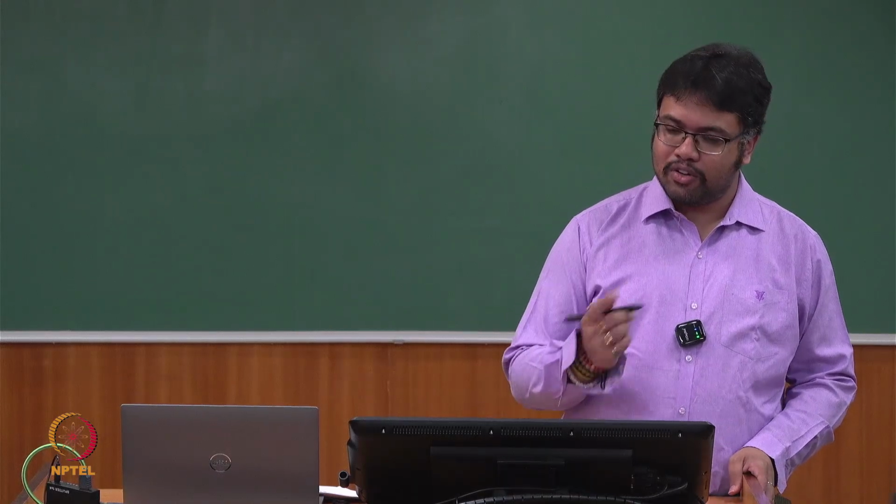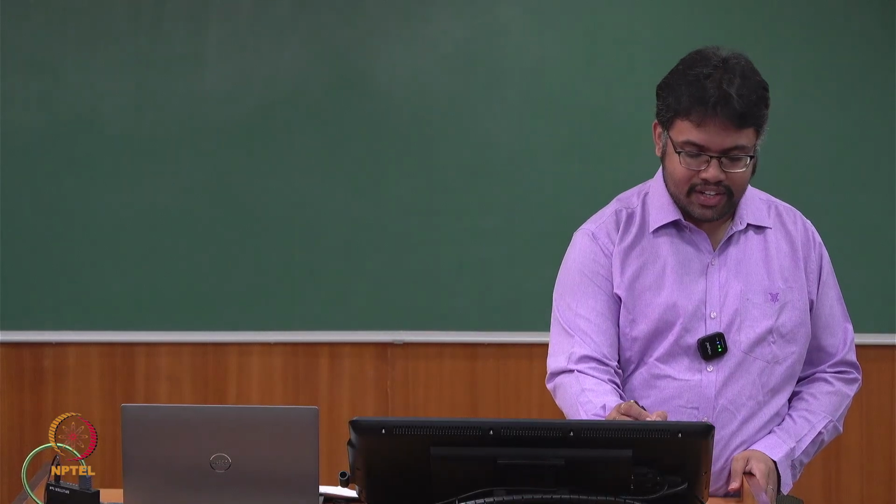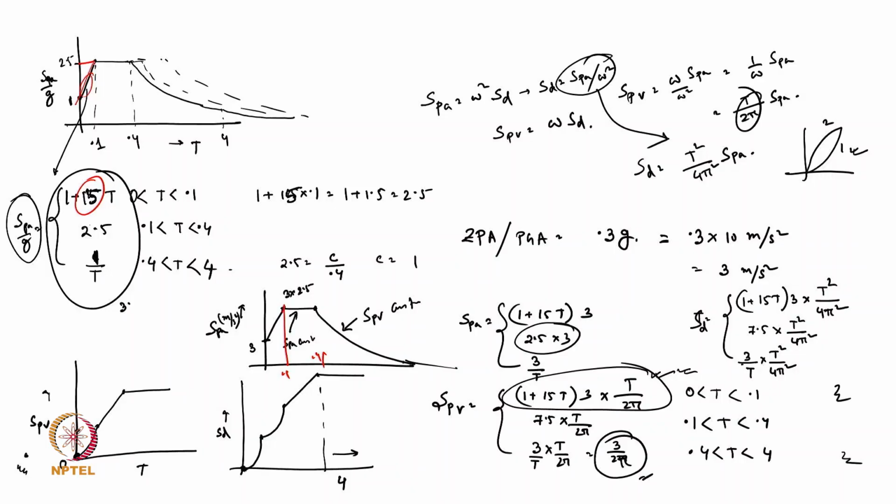So therefore, what the recent code provision, IS 1893 part 1, suggested is to forget that part. We have to just take that straight value 2.5, simple. We have no other concession on that. So until and unless they give that code, let's discuss one or two very quick points on